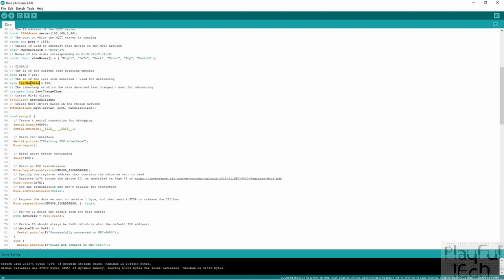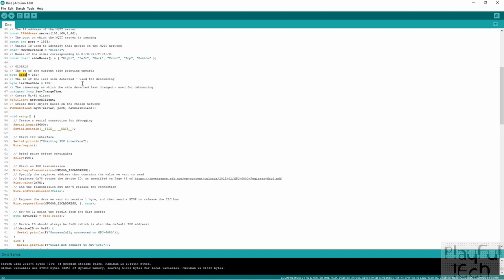So to explain the way I'm using that, this is essentially like when you have a mechanical button. When you press a button, you can get erroneous bouncing, called mechanical bouncing, where you read it and it's high, then low and high and flickers a bit before it settles on a constant reading. And we've got the same issue here. As players are rotating the cube around, if we were just updating our side value directly, as they twisted it around, you'd find it flickering between lots of different values very quickly,